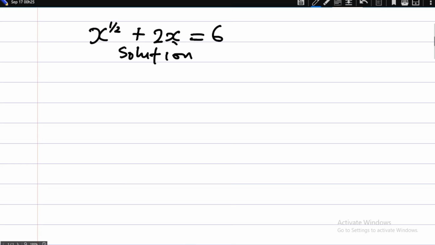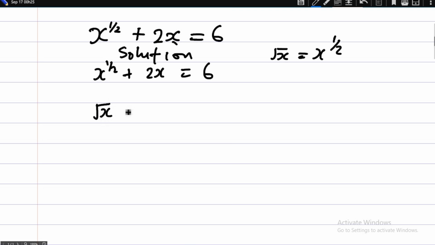In this video, we're asked to solve this simple math problem. Okay, now solution. The first thing we do is they gave us that x raised to power 1 over 2, then plus 2x is equal to 6. Now don't forget that the square root of x is the same thing as x raised to power 1 over 2. So instead of writing this, let me write it as the square root of x plus 2x is equal